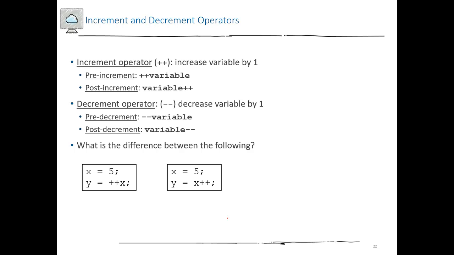We are here at the increment and decrement operators. Increment operator means increasing the value of a variable by 1. Decrement operator means decreasing the value of the variable by 1. So there are two ways to write this: